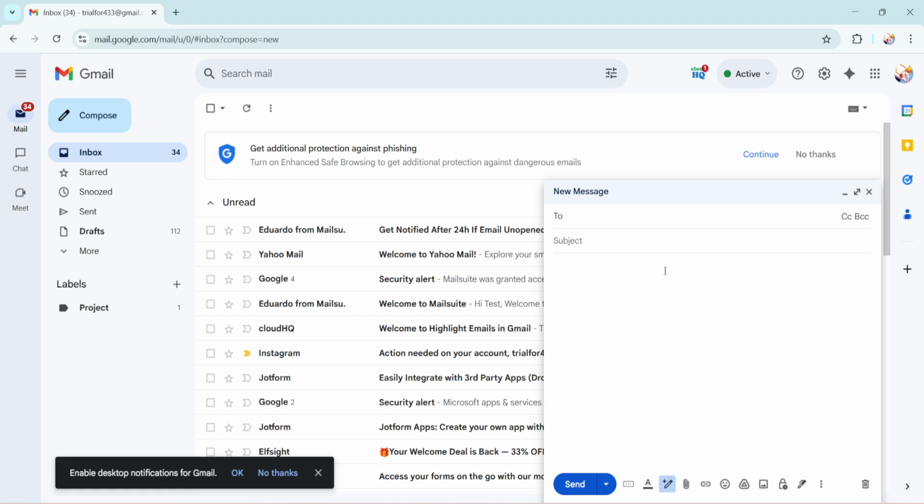Now that you have the new message window open, it's time to address the email to the correct recipient, which in this case is yourself. In the field labeled To, type in your own Gmail address. This may seem a bit unusual, but it's really just like sending an email to anyone else, except the recipient happens to be you. By doing this, you ensure the document will be sent directly to your inbox, accessible whenever